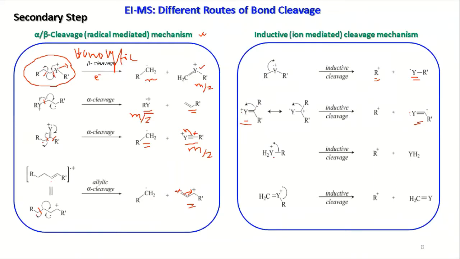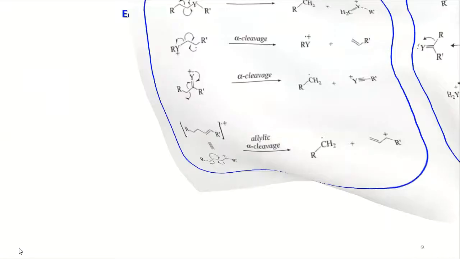Now here you have a plus charge. You may have a situation where the plus charge is there, so that can be neutralized. R can be plus charge. So you can have M plus Z due to this one. And in a similar way, you can have inductive cleavage. So you have R plus. So these are the different routes based on the situation, what type of situation you have in your case.